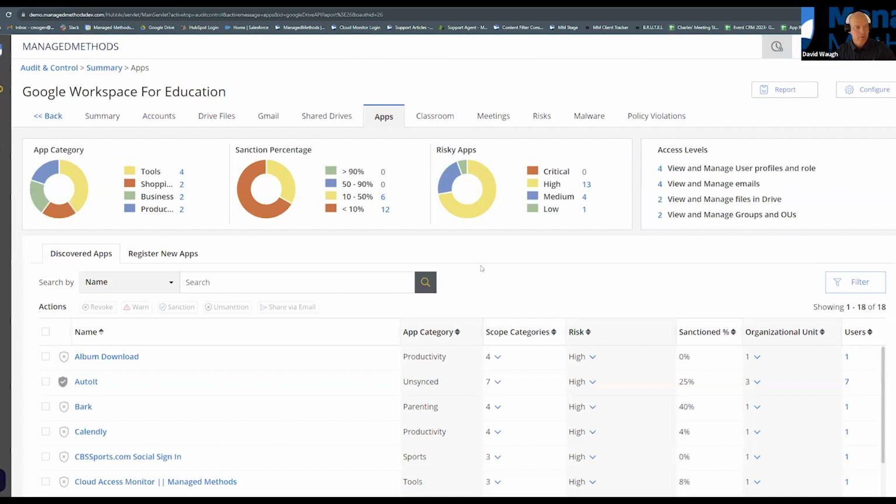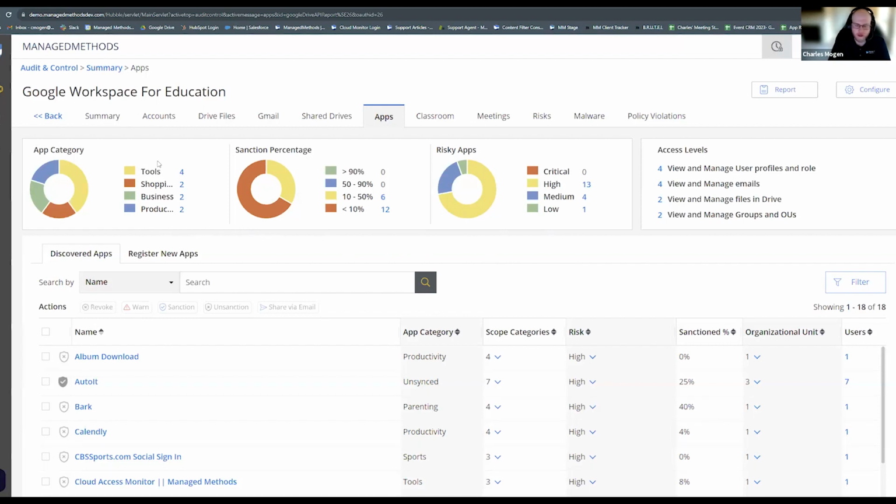Go ahead, Charles. Absolutely. So I started off right away here on the Managed Methods apps tab. We're over here in the Google Workspace environment. For look and flow, both Google and Microsoft will be pretty similar in what you'll see between the two. The thing that always catches people's eyes are these graphs here at the top. One of the things the platform does is provide categorization of applications. This is a way that helps to sort the applications, because there's a lot of applications out there, and it can get